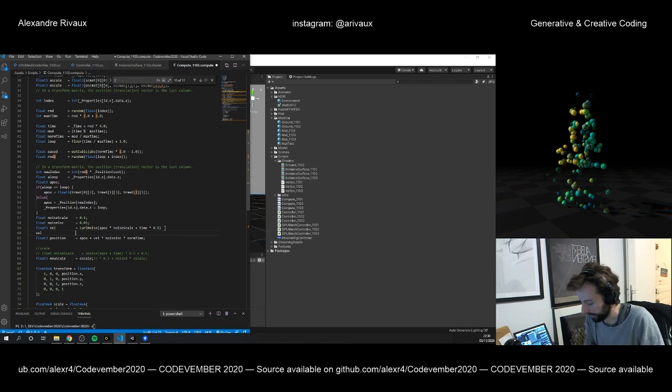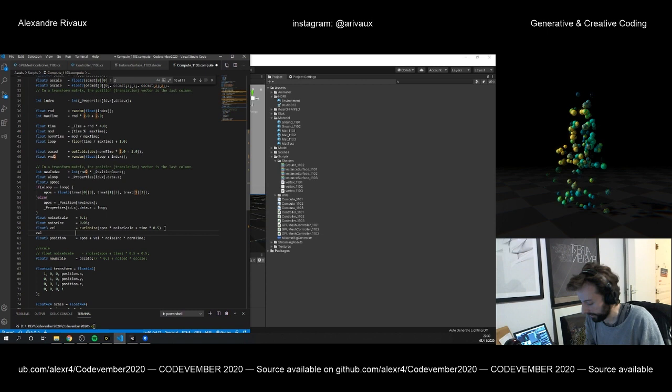But we have this kind of remnant shape. So let's say something like that. So now I have a lot of different shapes, and now I can get back to my main